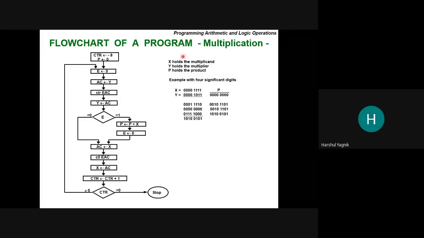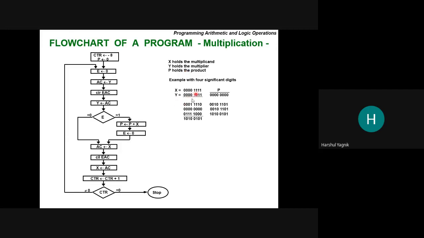So over here what we do, we use one label X to hold multiplicand, a label Y to hold multiplier, and label P to hold product, result of the multiplication. Now over here some example is given so that it makes clear to us how this multiplication is done.